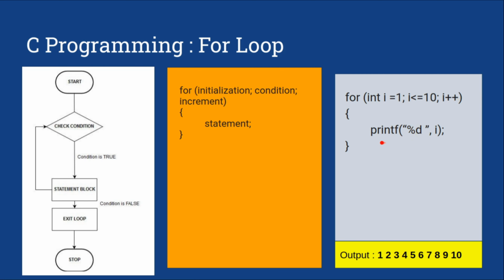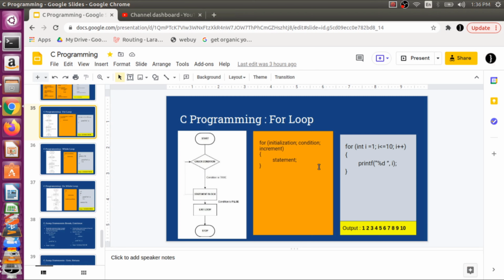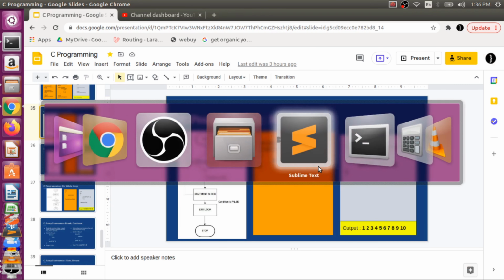Now let's talk about the last iteration. We print 10 and it will go back and become 11. Is 11 less than or equal to 10? No, it's not. The condition is now false, so we will get out of the for loop. We will see this program in our editor and execute it to see the execution of a for loop.